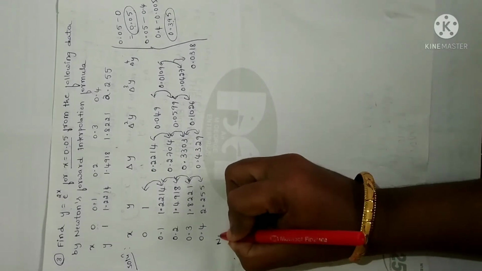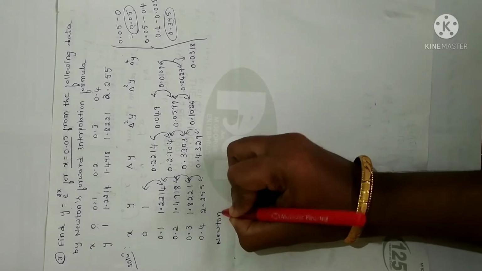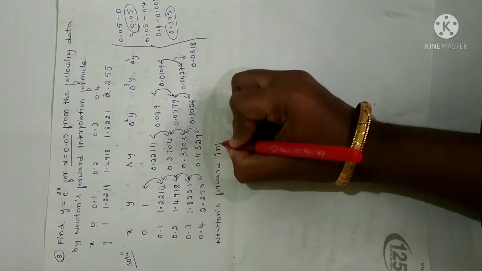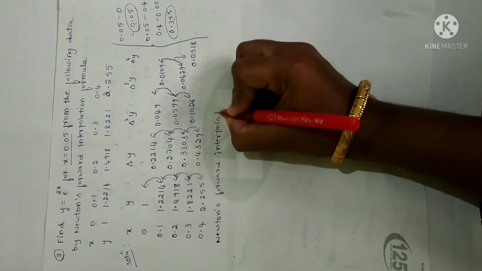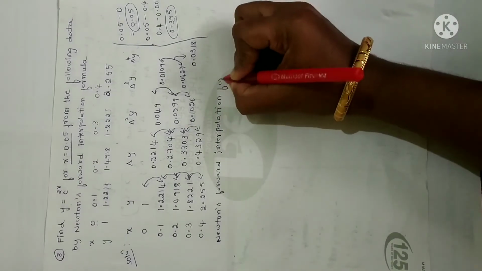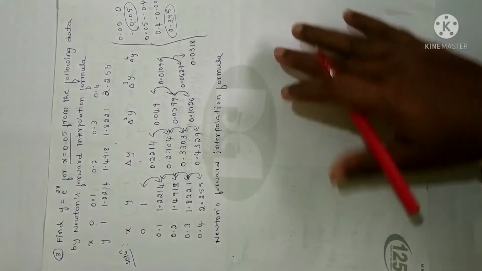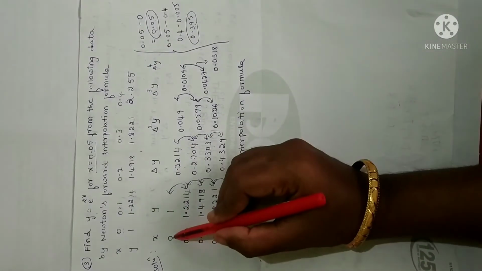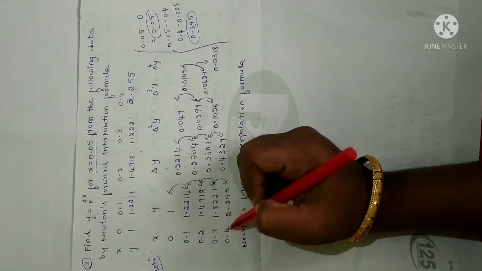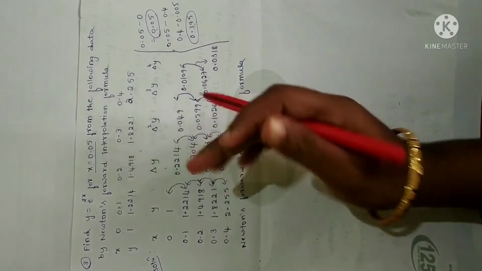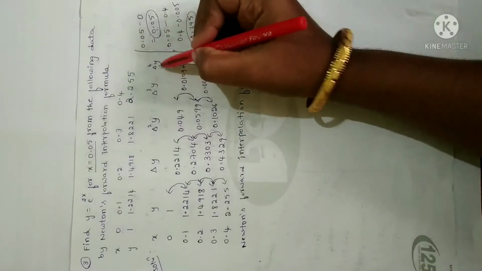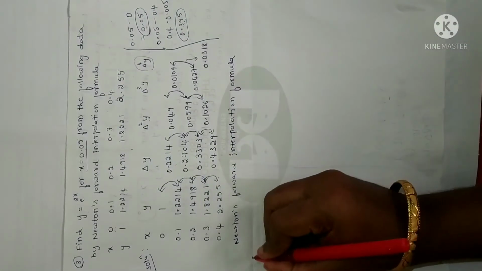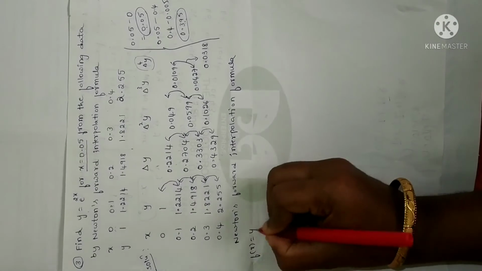What is the Newton's forward interpolation formula? As I already gave this formula, please go through the formula list I have given. So how many values are given here? 1, 2, 3, 4, 5. So in the formula you have to write 5 terms, or else you have to write up to delta power 4 y. So up to delta power 4 y, I am going to write